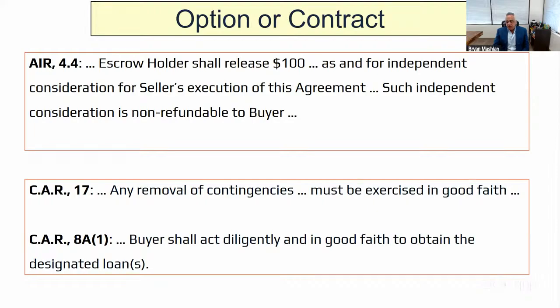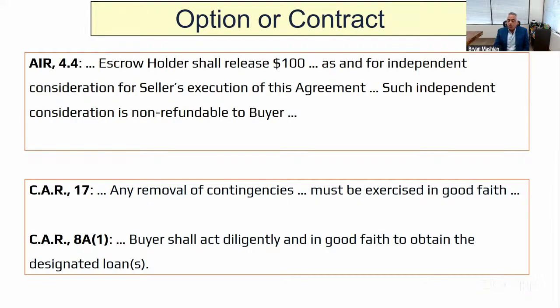Most contracts, our contract, and I think the CAR contract, give what we call a free look to the buyer. You make an offer. Once the offer is accepted, you open escrow, and the buyer goes through his due diligence. If the buyer's not happy, the buyer can cancel, get his money back, and go home, and no harm, no foul. So since this could be considered to be an option, after that Steiner versus Sexton decision, we added section